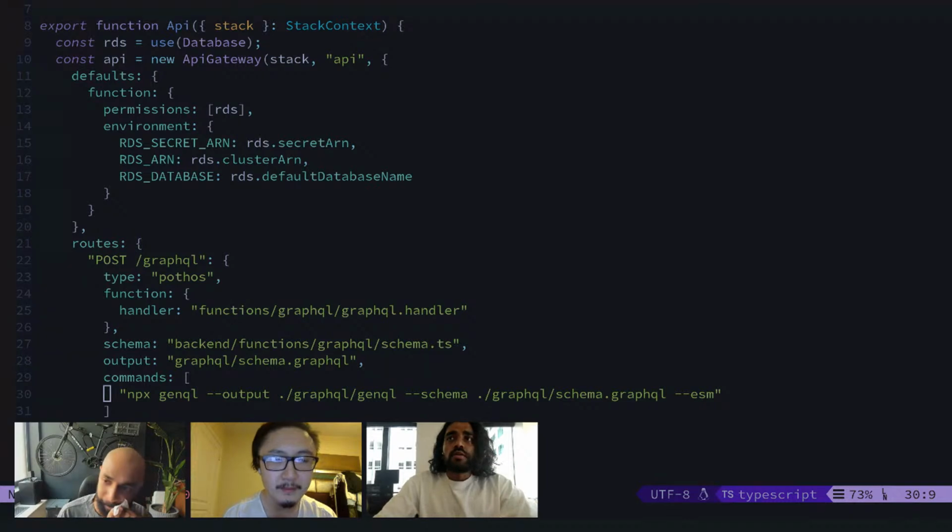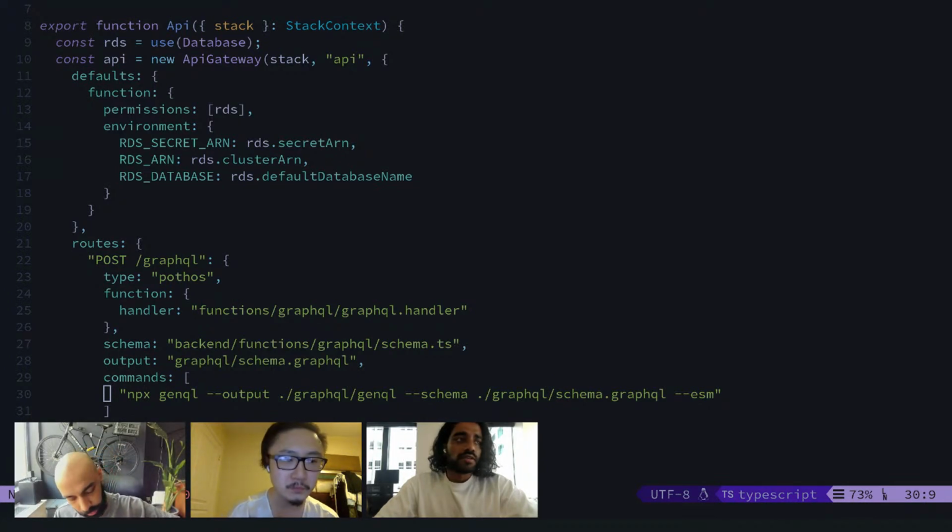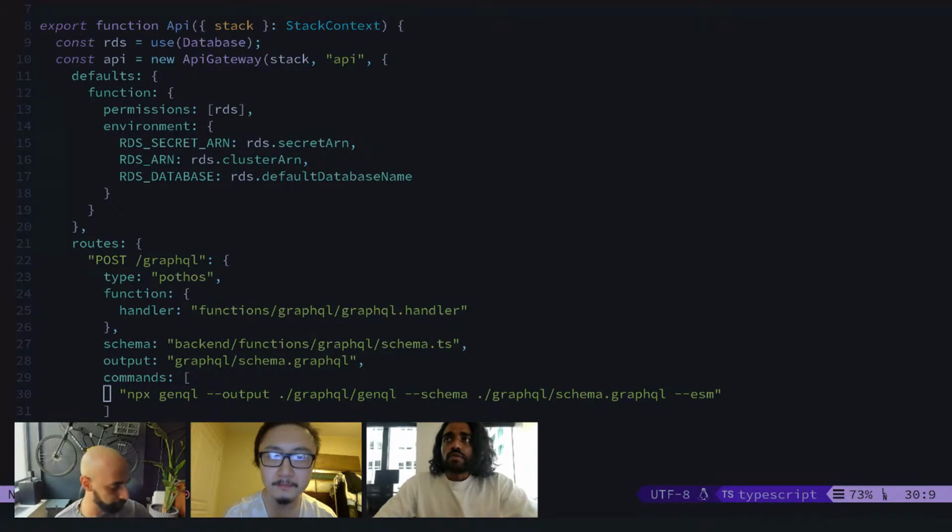Yeah, and to add to the Pothos one, it's not so much that we went out and picked Pothos, and so we're doing that specific route. It's just that we spent some time trying to come up with the best possible setup, and this is what we ended up landing on. Later on, people are going to ask for other GraphQL servers or other setups around GraphQL, and we'll go out and support that. We just wanted to start with something that out of the box gives you a good experience,